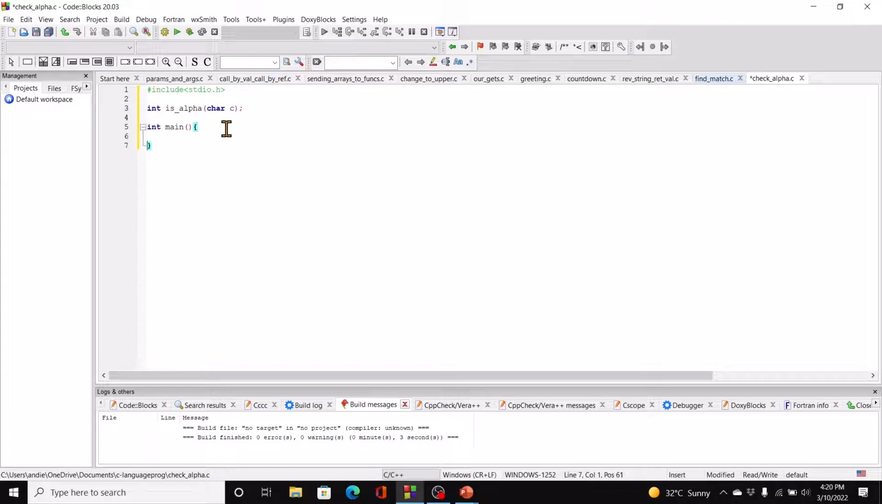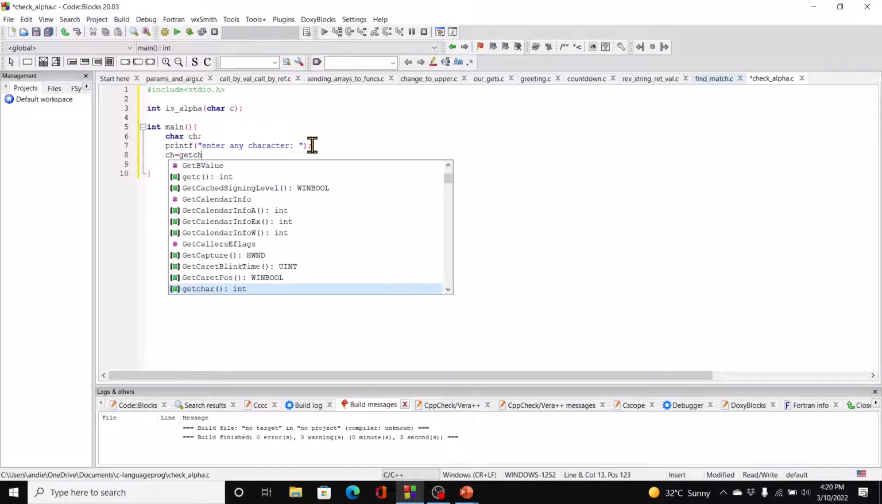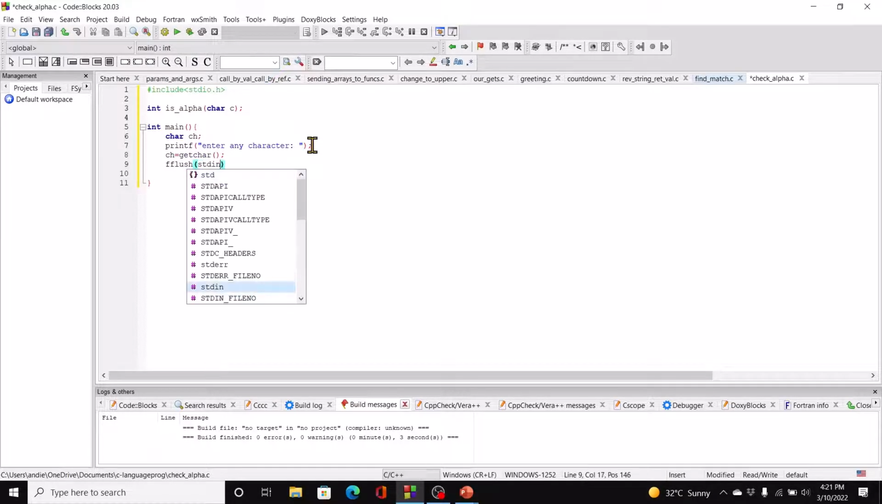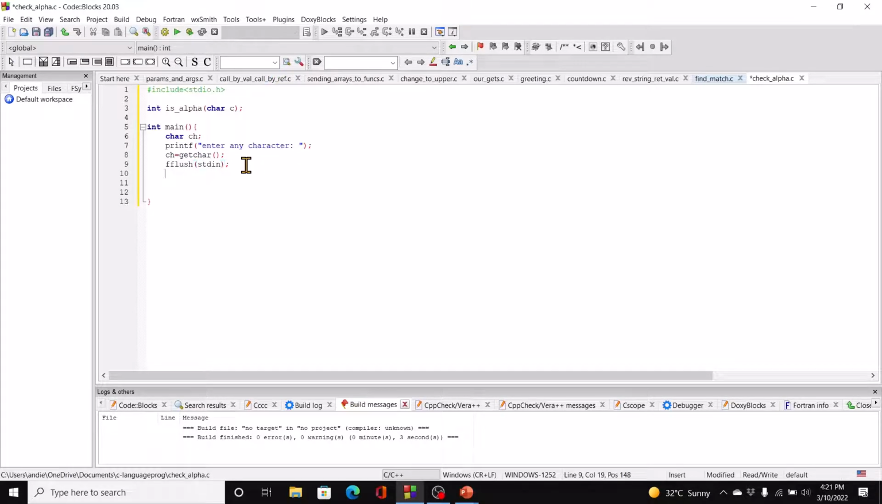And within this, we'll have char ch. printf "Enter any character", and then ch equal to getchar. Let's use the fflush(stdin). If isalpha, so we're using the function as an operand, passing in ch, right? Then printf